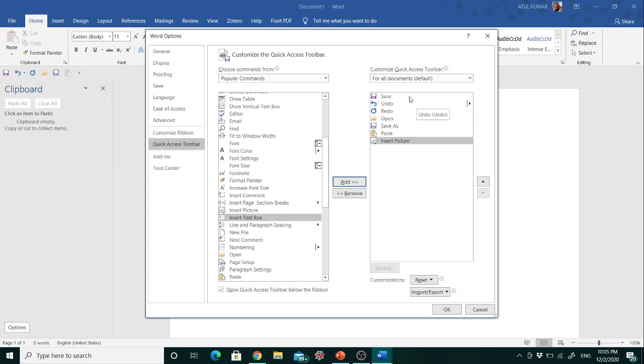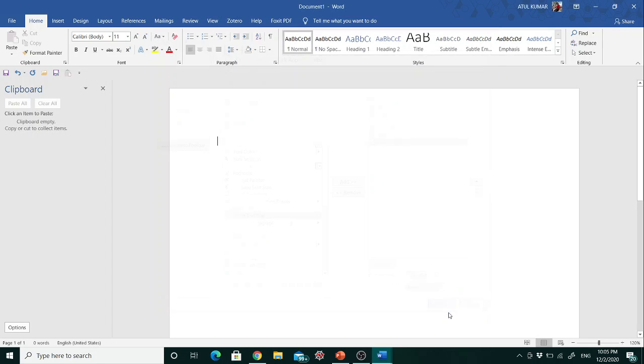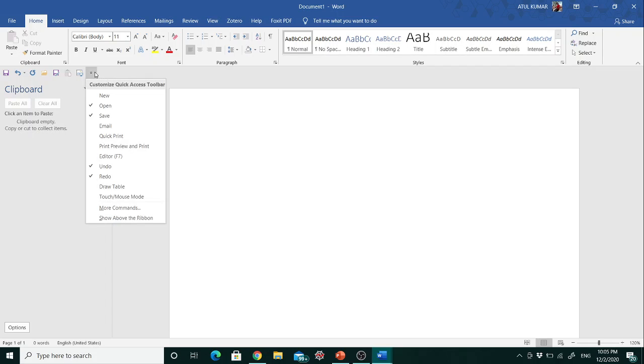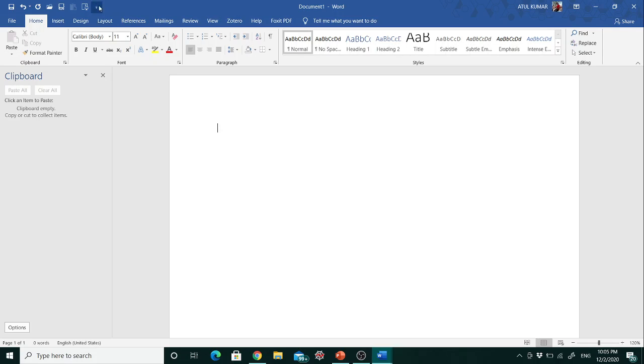Your quick access toolbar contains save, undo, redo, open, save as, paste and insert picture. Then click on OK. Now your insert picture command is also added in your quick access toolbar. I want to show this quick access toolbar above the ribbon, so now it is showing above the ribbon.